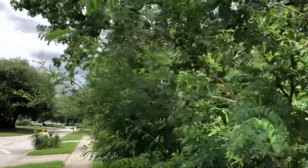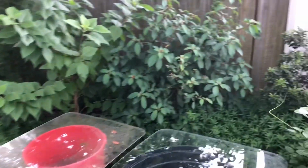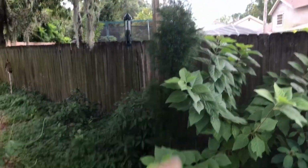So we'll go ahead, I'm gonna take you back in time again into my backyard and show you what the backyard looks like now. Stay tuned. So this is my yard, backyard, firebush, beautyberry, cedar,